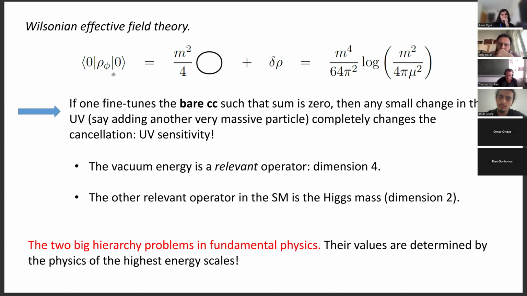So one thing that you might remember from your course on quantum field theory: if I have some scalar field with a mass m, and I just ask what is the expectation value of its energy density in the vacuum, then you see that there are many contributions, but it starts off with a one-loop vacuum diagram, which, if you compute it, goes like m to the power 4 times a log term, where this log term contains what we call the RG scale. But that's not so important. I'm talking about the m to the 4th term, right? So it means that quantum fields, like bosons, will contribute this amount to the vacuum energy.